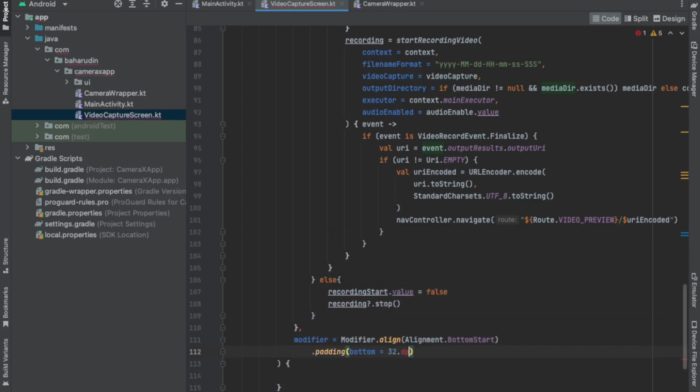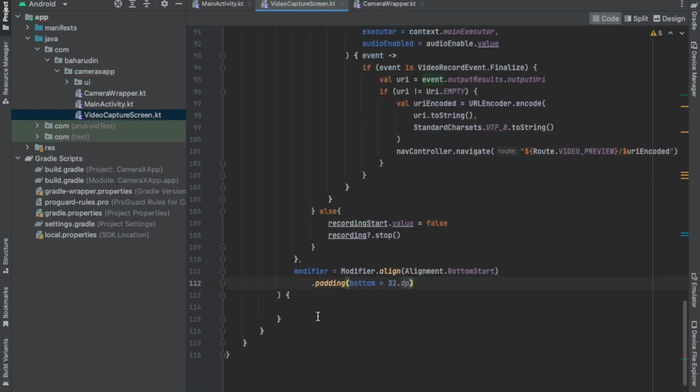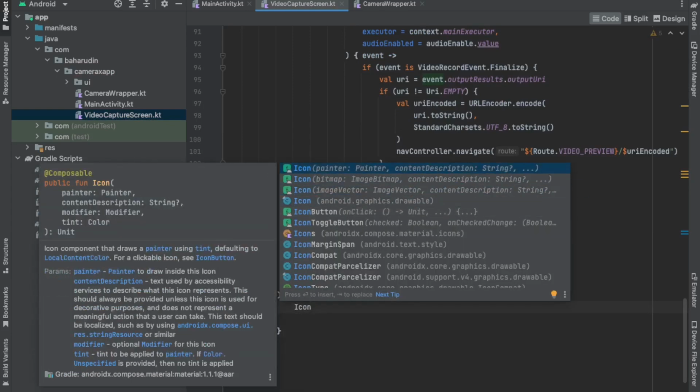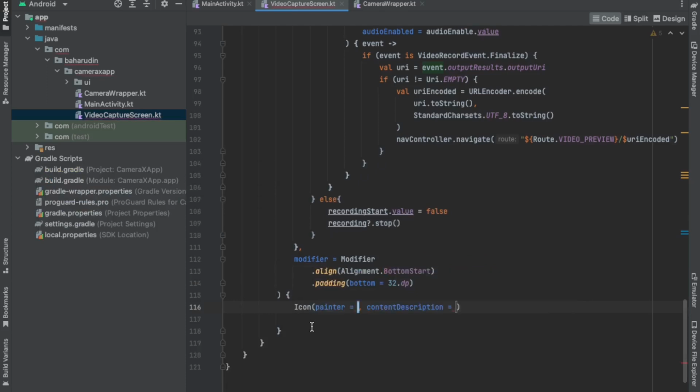I will enter. Okay, and inside in here I will add the icon. And I will enter